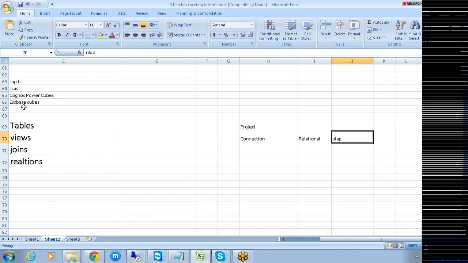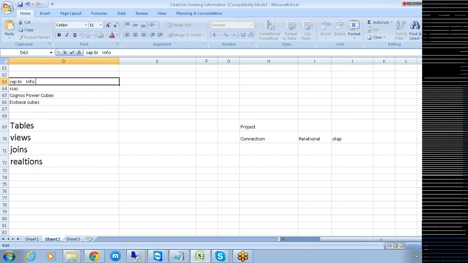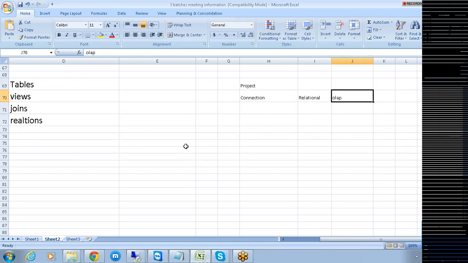But since we are focusing on your SAP BW platform, in SAP BW we have two types of cubes. One type exists in the form of the InfoCube with a single InfoProvider, or else we can have something called multi-providers. Archana, you are aware of multi-providers, right? Multi-providers means a combination of more than one cube. So these are the two types of connections we need to create. The hierarchy of your IDT is going to be like this.